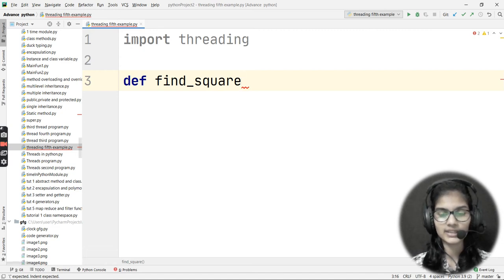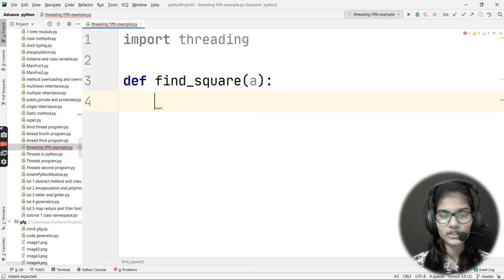Now after this I would put a bracket here, and inside it I would pass a parameter to the function which I have made. Let's say a is the parameter passed inside this function. Now what this function will actually do is calculate the cube for me. How to insert the docstrings and all those things, I do not need to repeat here because we had already seen all of these things in detail in the previous video. So I would not repeat that here.